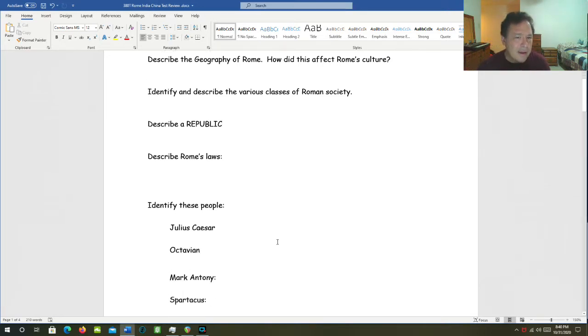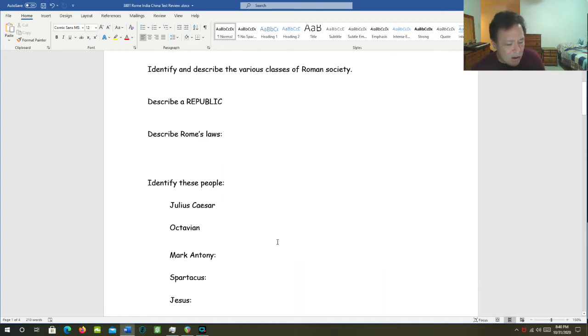Describe a republic. Okay, so here it goes. Here's my attempt. The main difference between a republic and, let's say, a monarchy is that a republic has no monarch. It doesn't want a monarch. There's no place for a monarch in a republic's governmental structure. Its rule is established often by a constitution and by a legislative body, such as a Senate, or you might call it an Estates General, or a Congress, or a Parliament, or a Diet. And it's more likely to have democratically elected representatives in that legislative body.